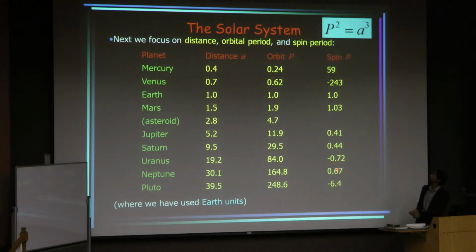The final column here gives the spin period in Earth days. Now notice again that if we look at Mars, the spin period is just a little longer than Earth's day. So it's a little longer between sunrises on Mars than it is between sunrises on Earth. Just a little. Mars' day is a little longer than our 24-hour period. But look at Mercury. On Mercury, the spin period is like 59